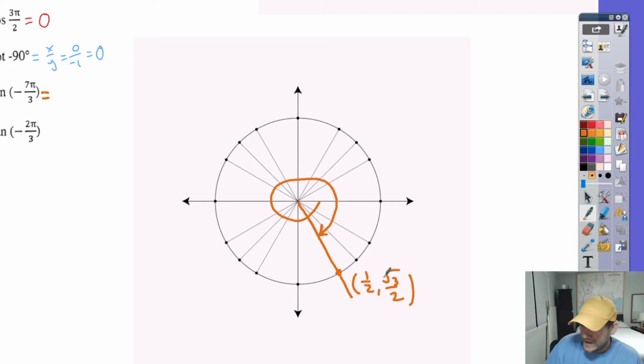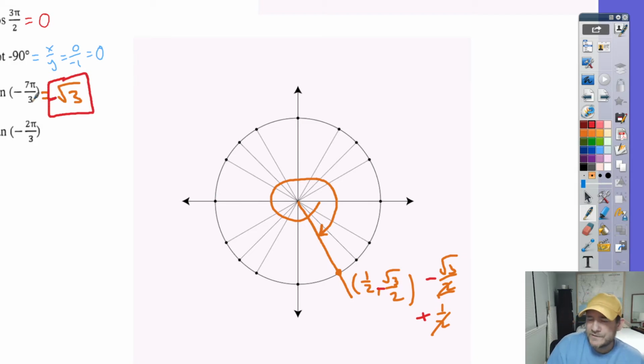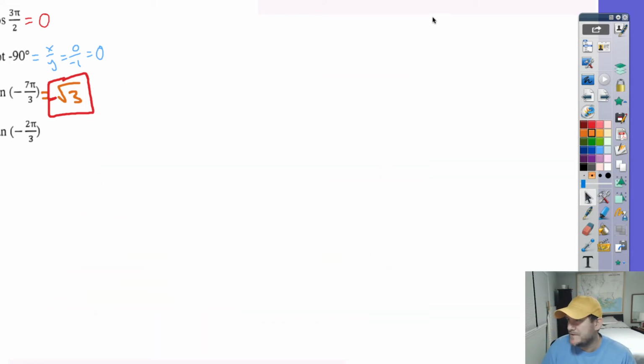Tangent wants y in the numerator. So if I got the root 3 over 2 over the 1/2, kill the 2's, I'm getting root 3. But wait, we are in a quadrant where one coordinate is negative. So if I have a negative over positive, then this needs to be negative overall. So your answer better be negative root 3 there. Okay. And then finally, on this page,